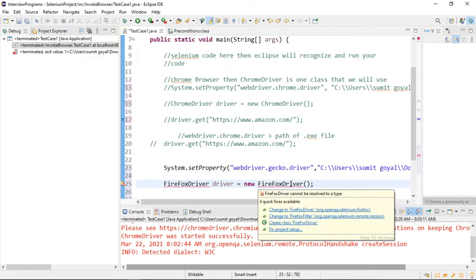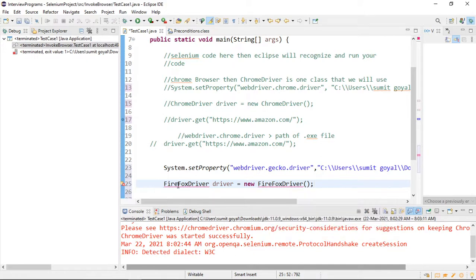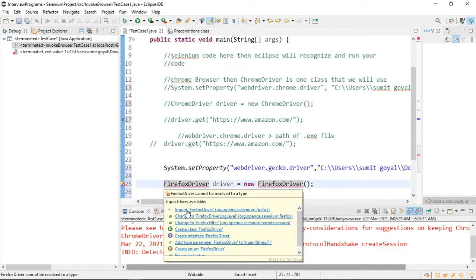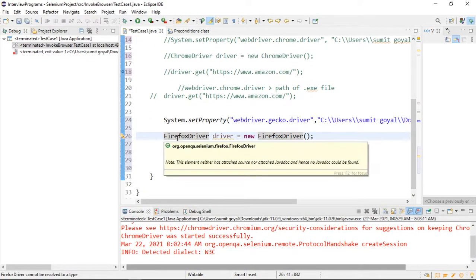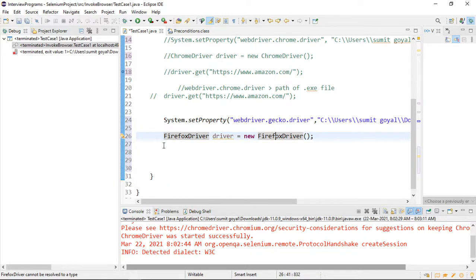So import the package. I think I have written the wrong spelling. It is saying small f will come here. Small f, and then the import statement. So import the package where this class is present. This is again a class, right? And do not think that if you are working on another browser, methods will change. Methods will remain the same irrespective of the browser you are working on. So if you want to open any URL, you can say driver.get. The method will be the same, and the URL will be this.